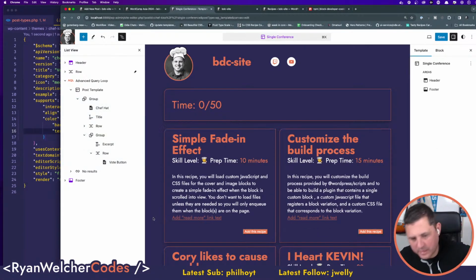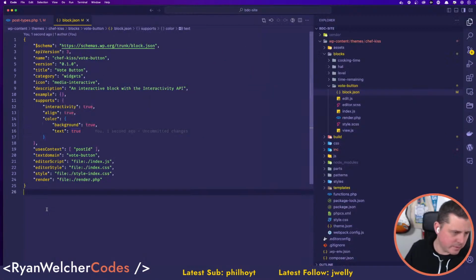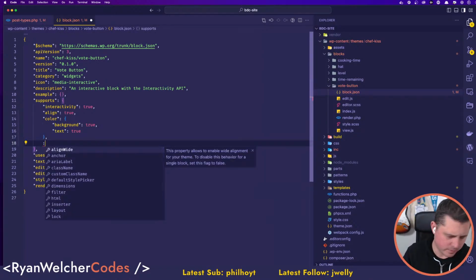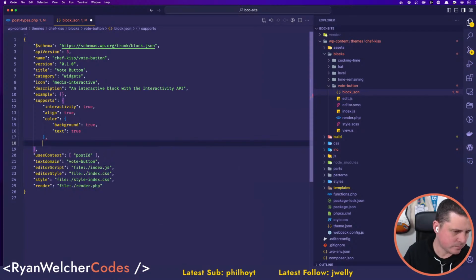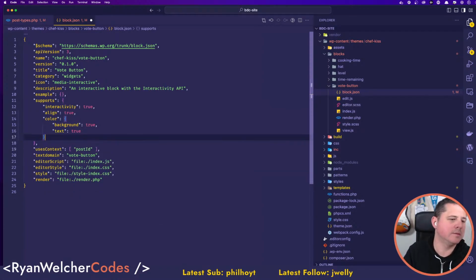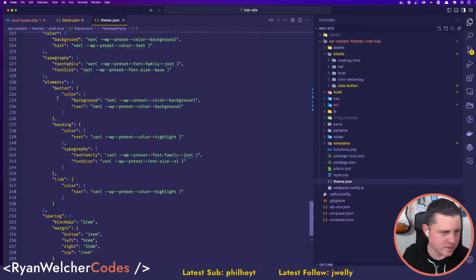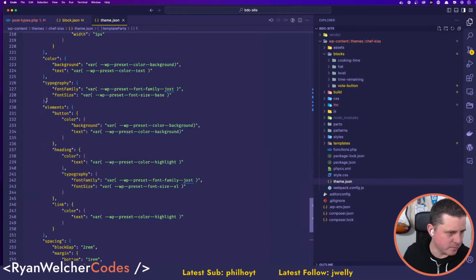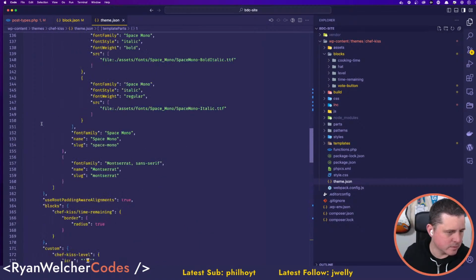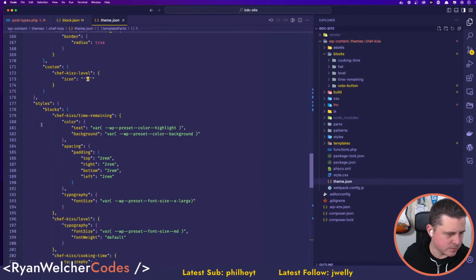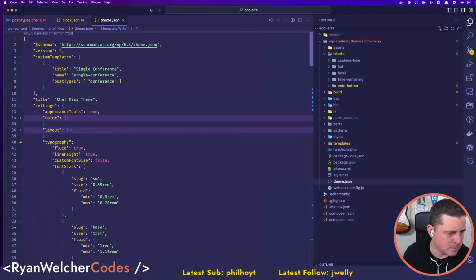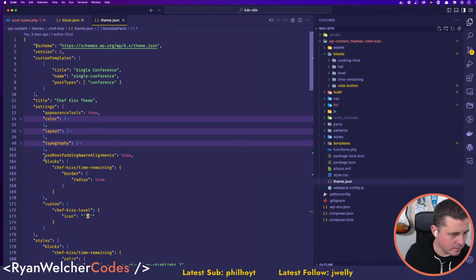So now I can just style this up a little bit. Maybe I can do some border radius. Can I do that on this? I'm always confused if I can do border on here. I don't think I can. I think border has to be done at the theme level. So let's do that. I've added background color tools to the block. And then in my theme JSON, if I go into blocks, settings, styles, typography, let's go settings, custom.